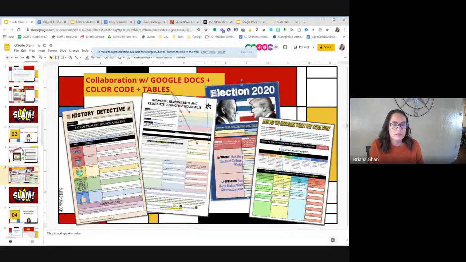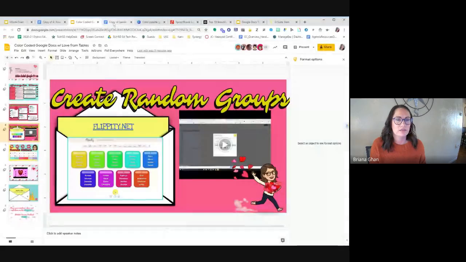So here are some examples in the SLAM of color-coded ones. I guess I could have thrown them in the slides. So one fun way to make your random groups is by using Flippity. So if you haven't used Flippity before,